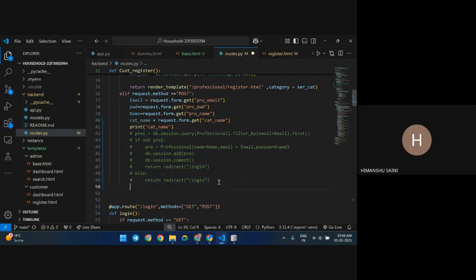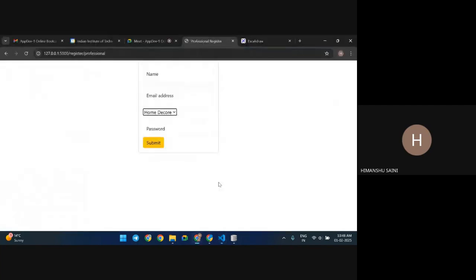I'll just comment this out because I don't want to store it in the database. I'll say print done. Okay, let's try. I'll refresh it. Go here. I'll give a name, XYZ, whatever, dfc@gmail.com. I'll say carpenter. Password will be ABC. And if I submit,